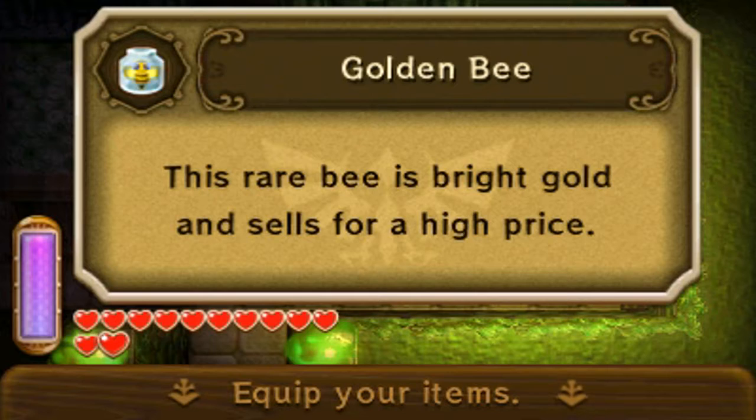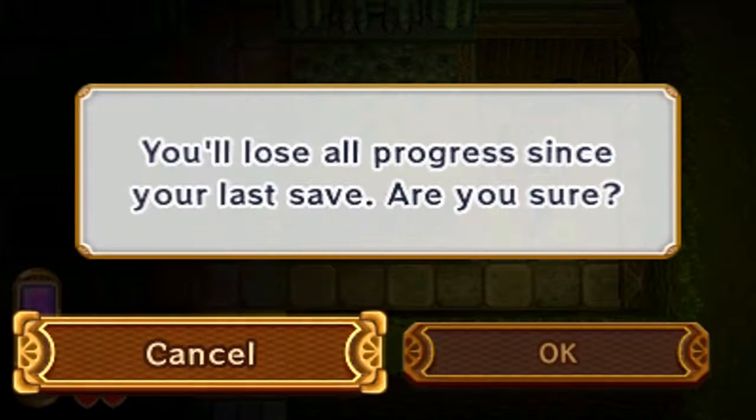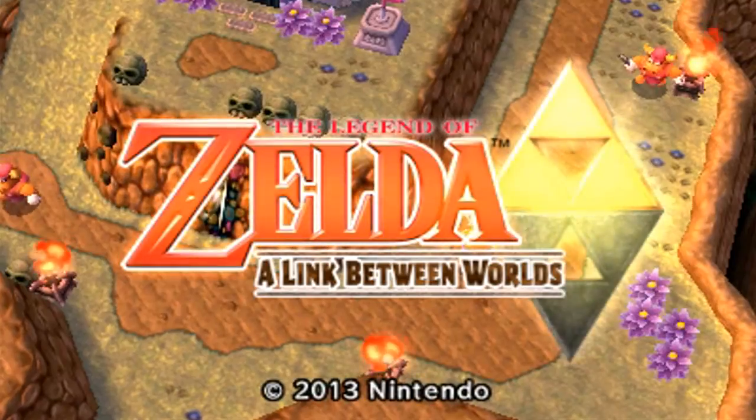There. Golden bee. This rare bee is bright gold and sells for a high price. That is only the second time ever that I've caught a golden bee in this game, and they've all been within this Let's Play. So I just wanted to point that out. I wasn't lying! I just wanted to prove I wasn't lying. Anyways, now that I've proven I am not a liar and that I'm a truther, let us go and exit